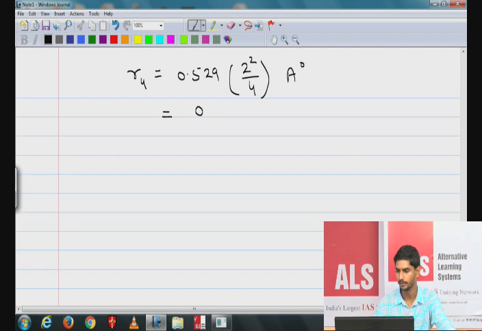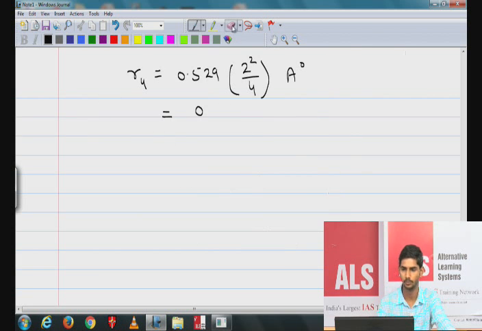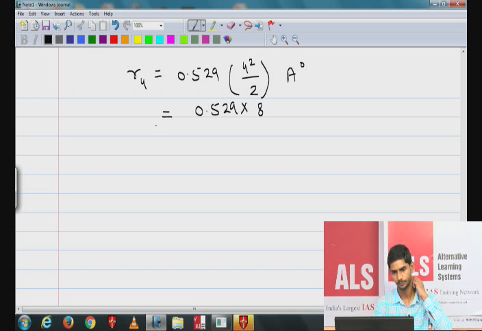Let me check it again. The fourth orbit. Okay, fourth orbit. So this is 4 square upon 2. So this will be 0.529 into 8. So actually you will get